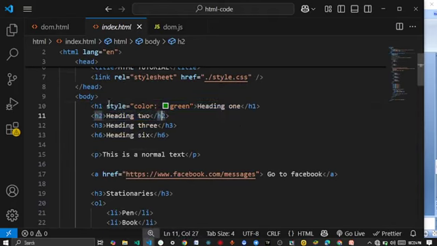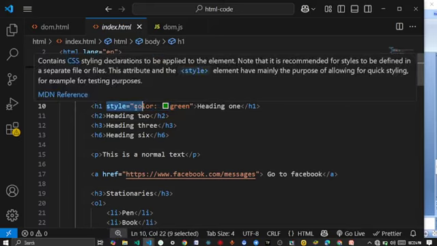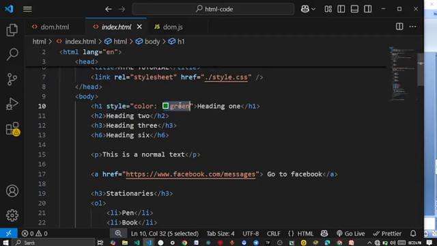Where we have our attributes. So we have the style attributes. This is actually about having colors. So this is what we call inline styling, whereby we make use of the style attribute to give styling. So then we have style equal to, then we have a color and a value, then we have the text